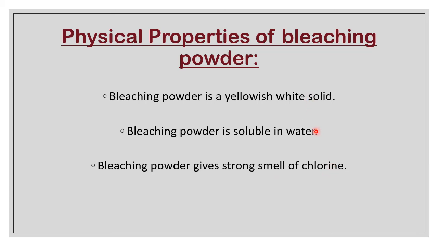Chlorine is yellowish green, and that gives the color to the bleaching powder. Because of continuously giving off chlorine, the color of the bleaching powder is yellowish. Otherwise, if you go for a pure, very good quality bleaching powder, which is a little bit costly, it is white. But for normal day-to-day work, we don't go for that much purified bleaching powder, so it is slightly yellowish.